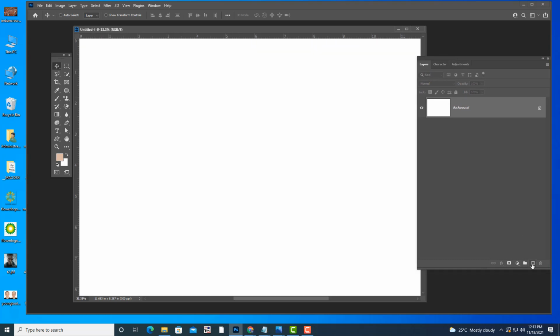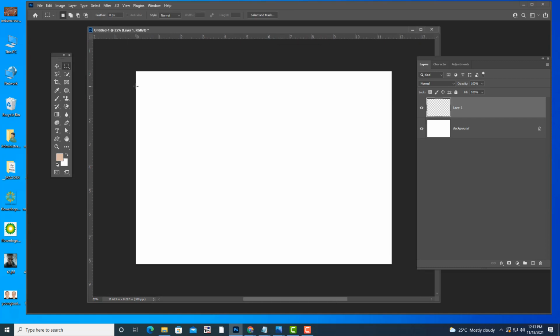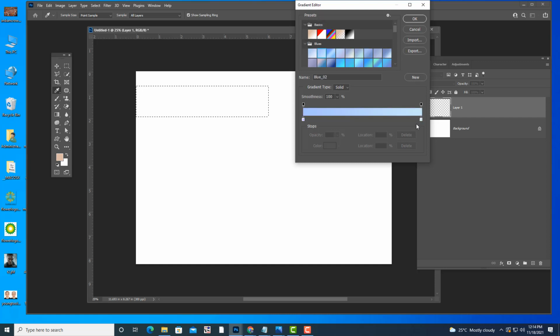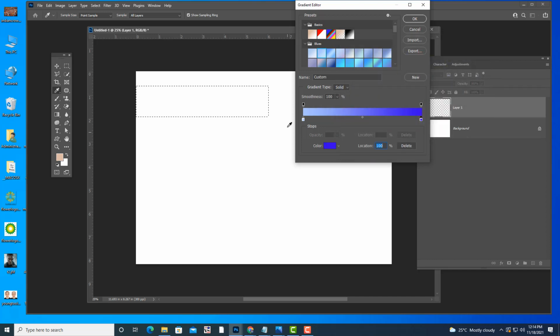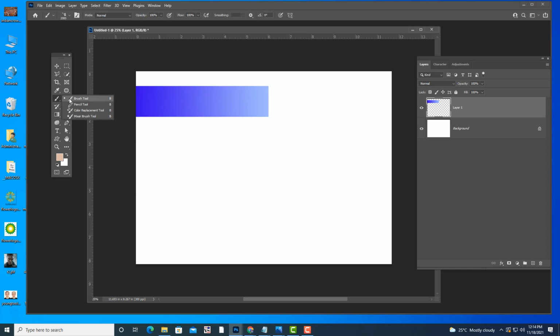So the first thing I will do is take a new layer here, and then I am going to use this rectangular marquee tool. Okay, we will apply some gradient. You can select any gradient. Okay, just create a gradient. Normally you can use a brush, apply a mask, apply some